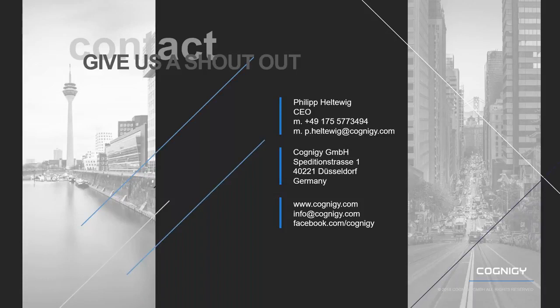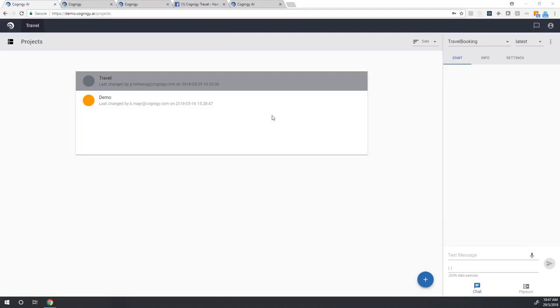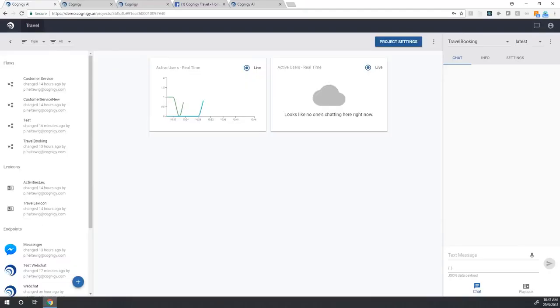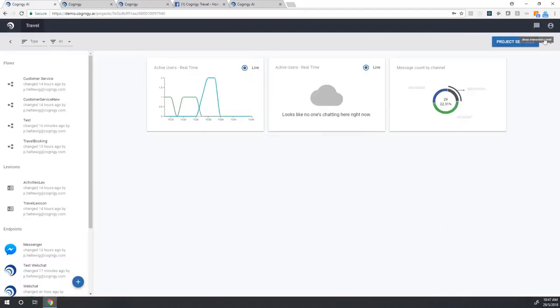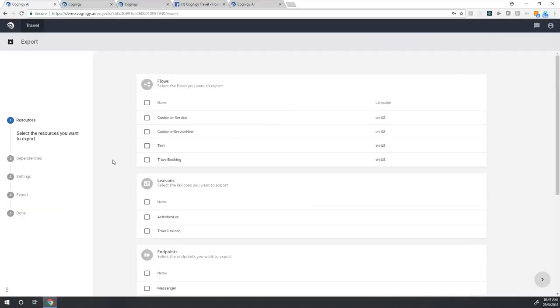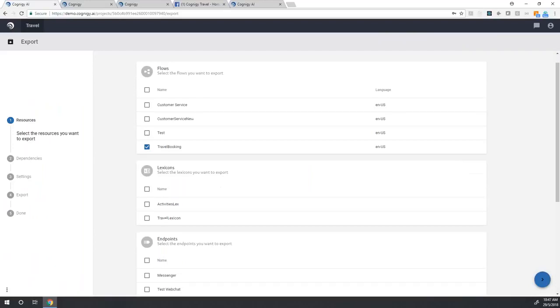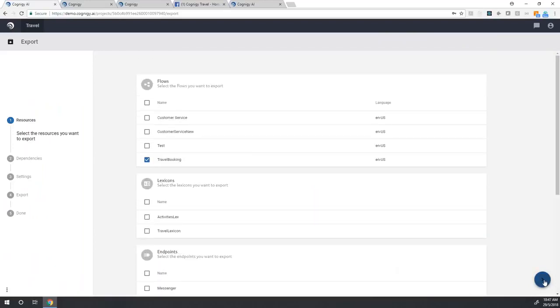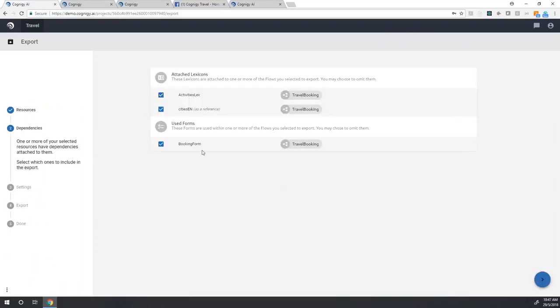There's a question about is it possible to copy projects so you don't have to redo the whole work? Yes, and I can actually show how that will work. So what we have is we have a full import-export facility. So you can export anything from within a flow. Say I want to export my travel booking flow and I don't click anything else. We have full dependency checking and so on, telling you what is attached to this flow, what do we also need to export.